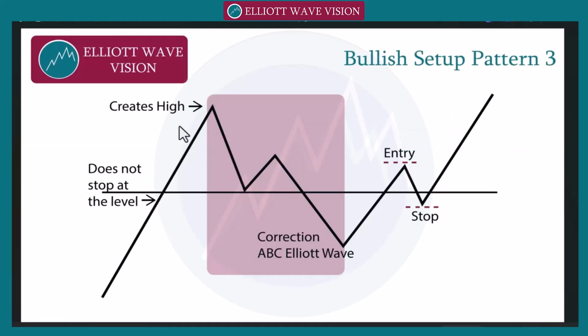In pattern number 3, the market did not stop at the level at the 10,000, directly creating a high. After this high, we need to wait for this A, B and C as a correction. Then the market will give us the impulsive move and its correction to go towards the bullish side. We can go directly with this wave B towards the bullish side, but we need to confirm the pattern and we need to refine our entry from this wave B to this high and this high to the inner wave B,